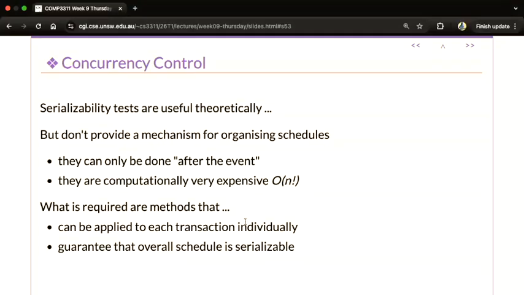That's like 2 or 6 schedules to check. But in practice, with a huge database, we could have like 1 million transactions operating on the table simultaneously, and then it's impossible for us to check 1 million factorial schedules. So in practice, we usually use conflict serializability as the conservative test,